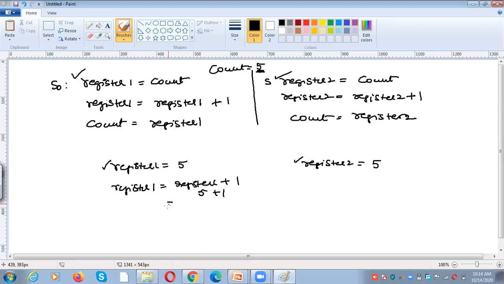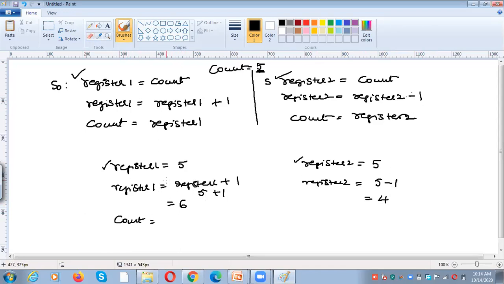What is the value here? 6. And then here register 2 equal to register 2 minus 1, sorry, here we should not perform the increment operation. 5 minus 1. So what is the value of register 2? 4.